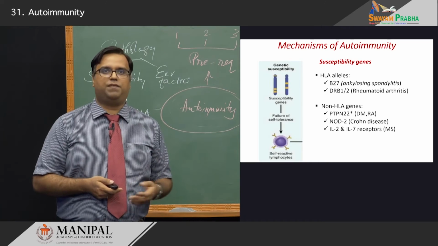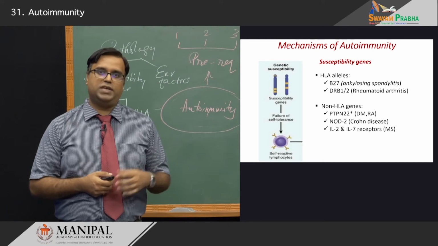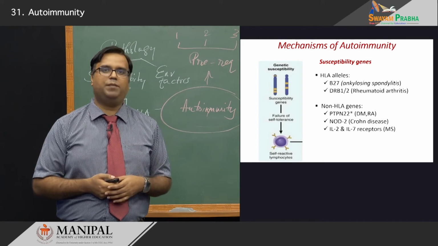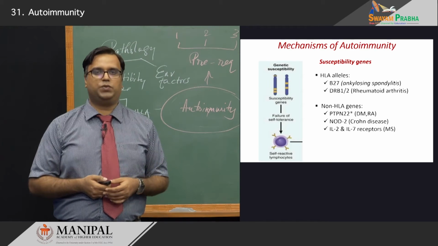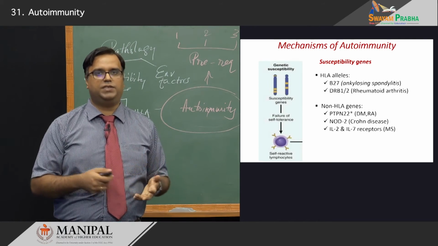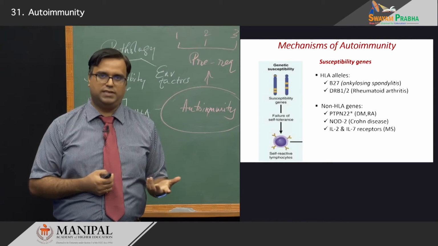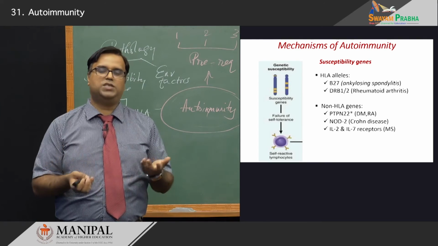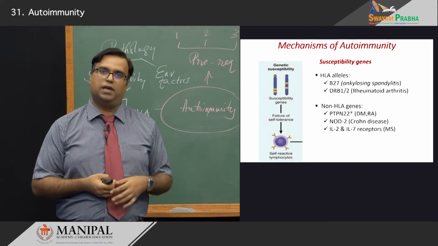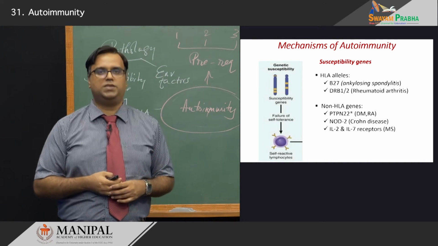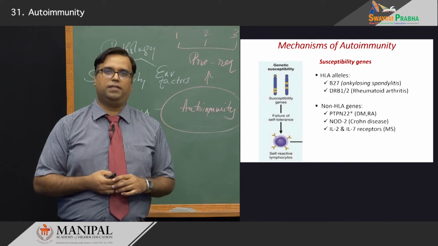You also have a host of other molecules, such as non-HLA genes, where you still have autoimmunity. What has been brought into sharp focus is that in type 1 diabetes mellitus and rheumatoid arthritis, there is a molecule called PTPN22, which is a phosphatase, usually an inhibitor of tyrosine kinase. Once there is a mutation in this, the check and balance over the tyrosine kinase is lost, resulting in overdrive or activation of T lymphocytes. It is even postulated that PTPN22 may be the most prevalent disease-associated allele in human beings.